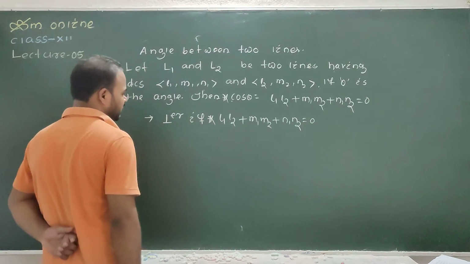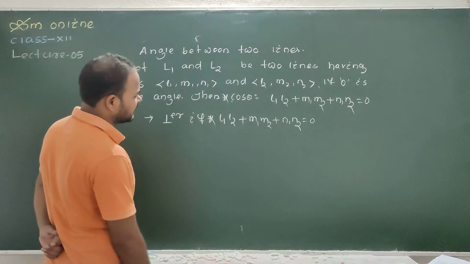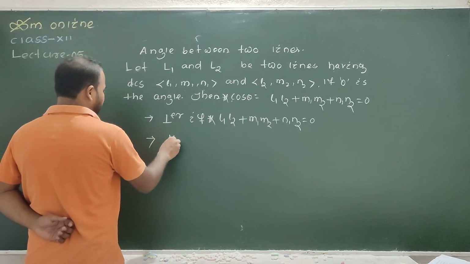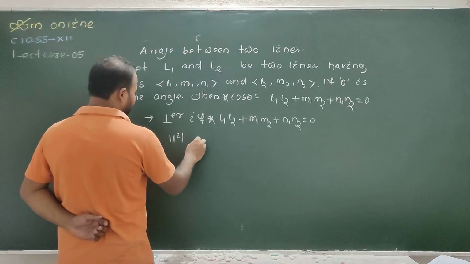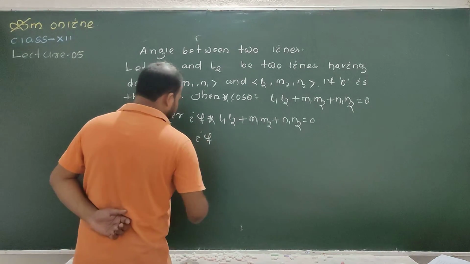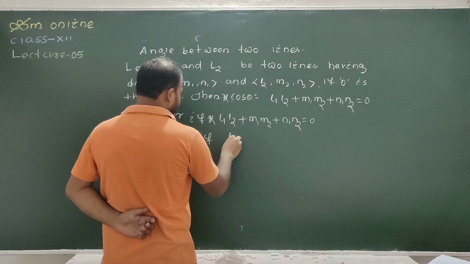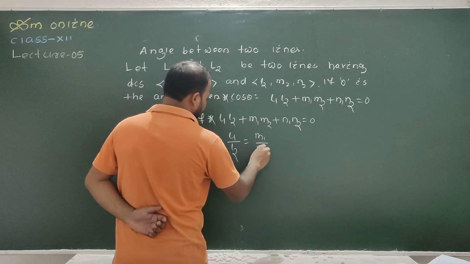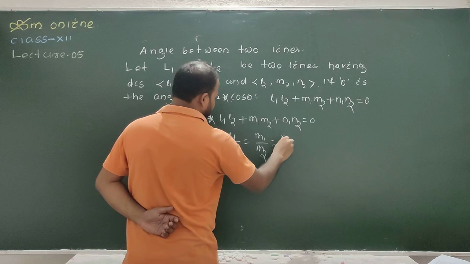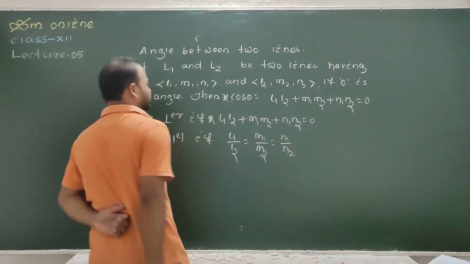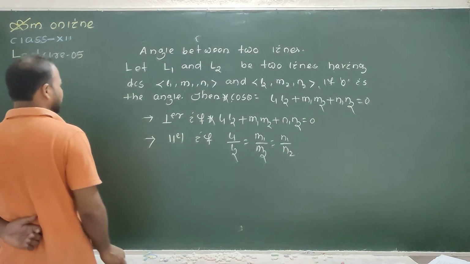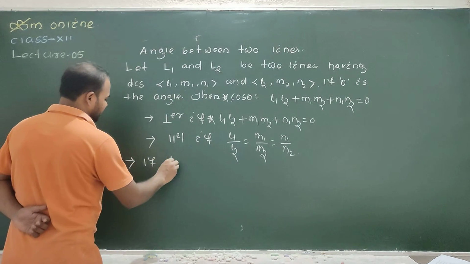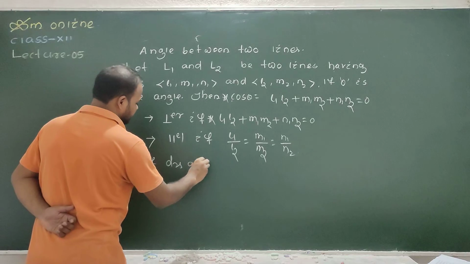If the two lines are perpendicular, then L1 L2 plus M1 M2 plus N1 N2 equals 0, and they are parallel or collinear if the direction cosines are proportional, that is, L1 by L2 equals M1 by M2 equals N1 by N2. If DRS, direction ratios, are given,